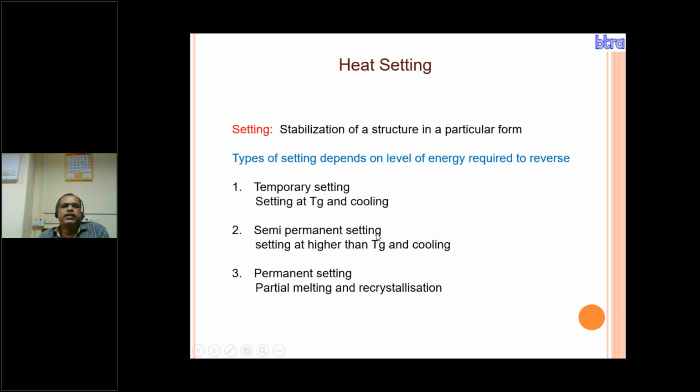Next requirement is the heat setting. Then we have to heat set the fiber and relax it so that it will not shrink or deform during the processes at that temperature. There are 3 types of setting. Temporary setting, that is setting at the glass transition temperature and cooling. Semi-permanent setting, setting at higher than the glass transition and cooling. And permanent setting, which is partial melting and recrystallization. So based on the application, we have to choose what type of setting to apply to the filament